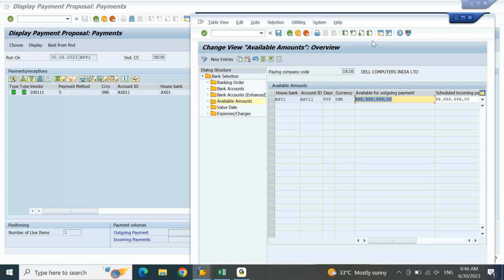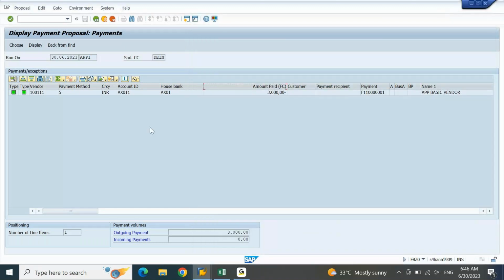Currently, the available amount is sufficient to process the payment of 3000. Based on this, the system has performed all the validations and found everything is fine. Payment method is maintained. House bank system is able to determine based on the payment method and then currency. Available amount is sufficient to pass this 3000 rupees payment. Based on this, if you click on this green color symbol,